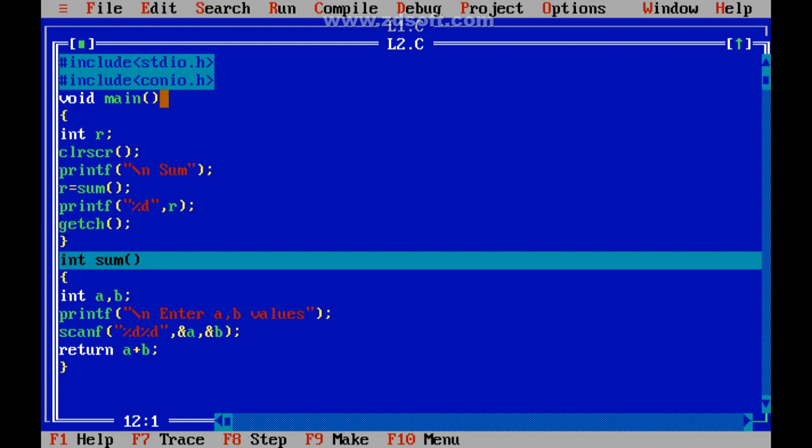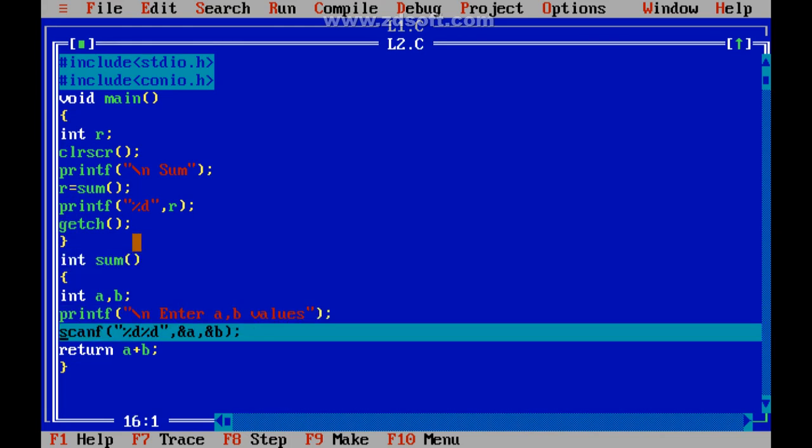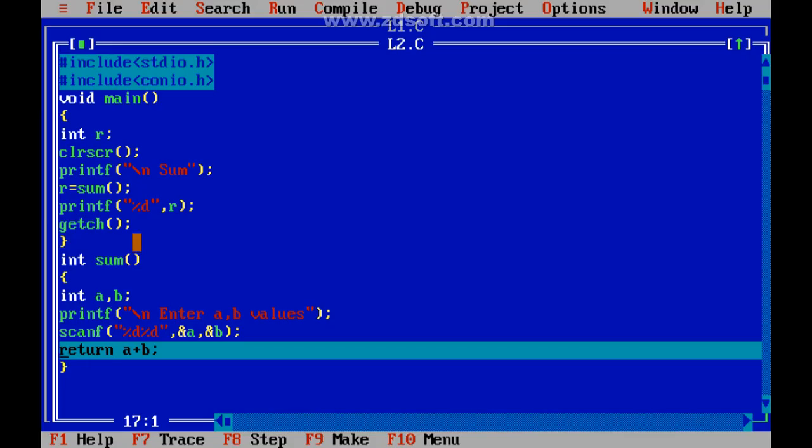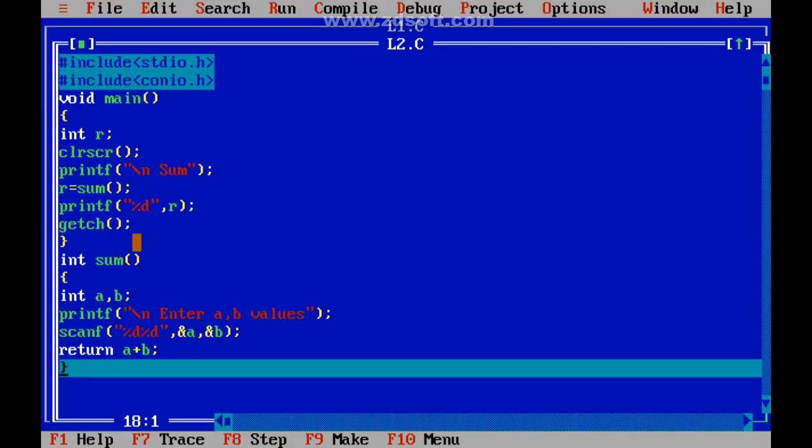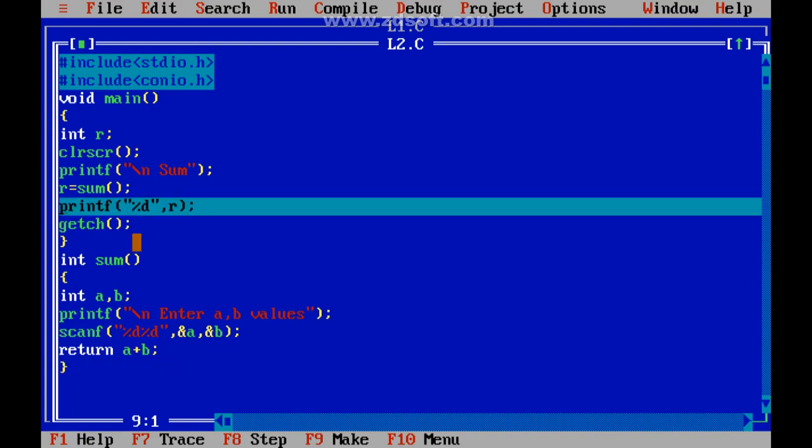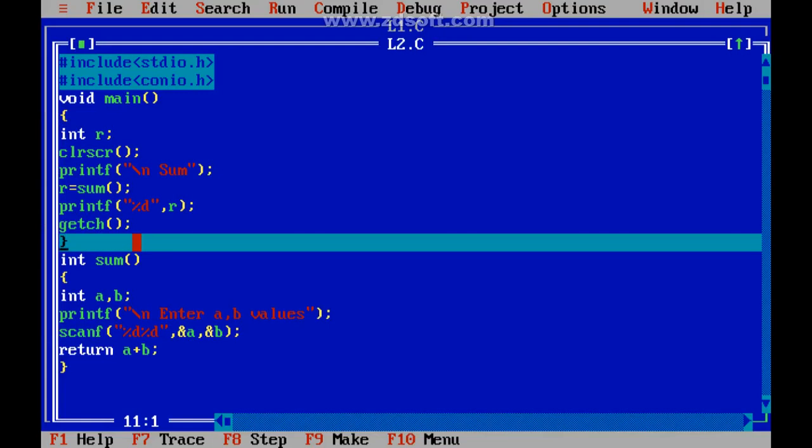So it just moves to the function definition of the function which is called. So it is moved from this place to this place. So it will do the work what it has to do here. So it is asking me to enter the two values. So after that it is returning. So where it is going? See, it is returned to r. So it is printing r. F7, getch. So the result of 6 plus 4 is 10. Right? Hope you have understood.